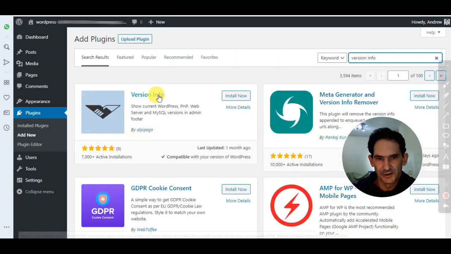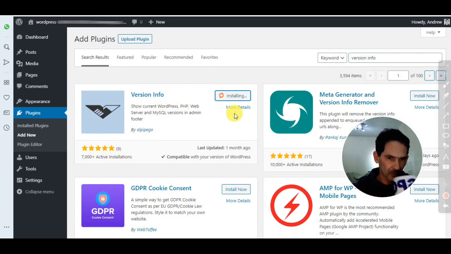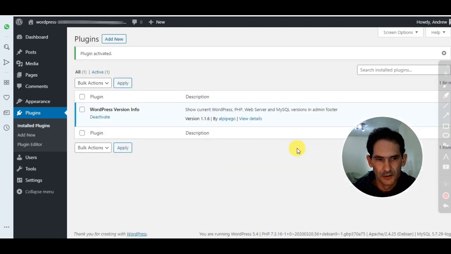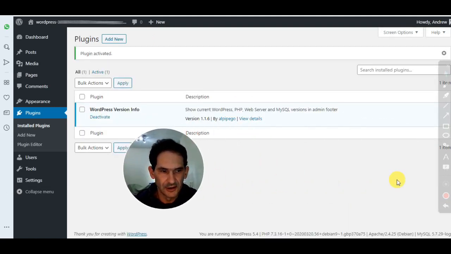And then this is the one we're selecting again, so install that. Activate. And again, once you activate it,